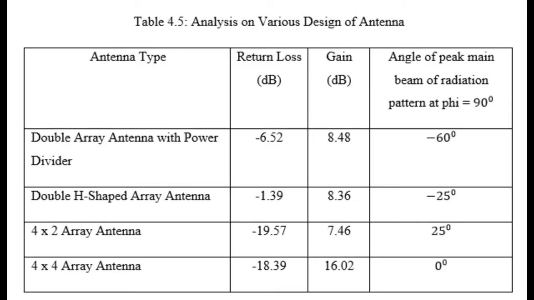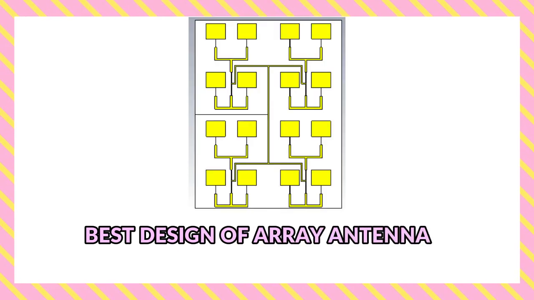Referring to the comparison in the table shown, the 4 times 4 array antenna produces and achieves the peak main beam angle of the radiation pattern at 0 degree, while the second nearest to 0 degree is 25 degree, which is the 4 times 2 array antenna. Therefore, as mentioned in the analysis and discussion before, this research concluded the 4 times 4 array antenna is the